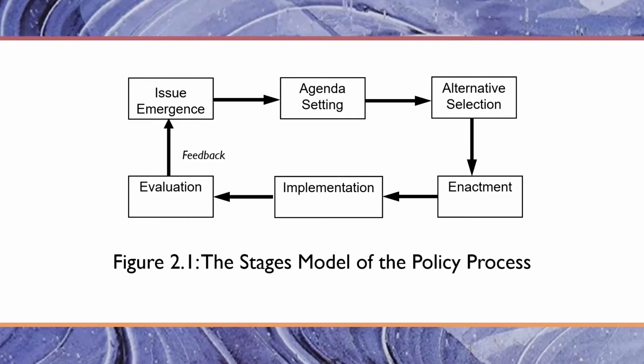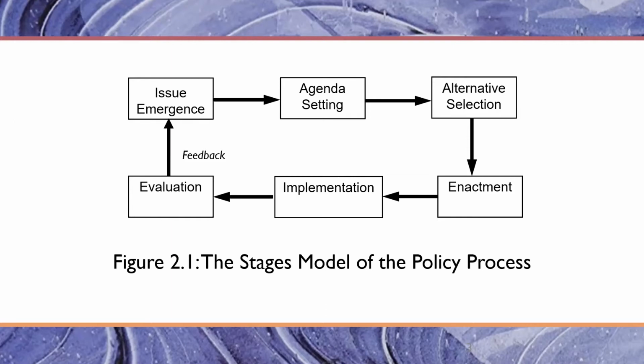And then once a law is enacted, the law or the program is implemented. So, for example, the federal government can have a program that says we'll spend all this money on vaccines and distribute it to states. That doesn't just happen automatically. It has to be implemented. People have to make the effort to make that happen. And implementation is a very important part of the process. Then we evaluate policy implementation to see if it worked, to see if the policy did the things that we had set it up to do. And we study the policy. We get data about the policy and information, and that feeds back into the policy cycle